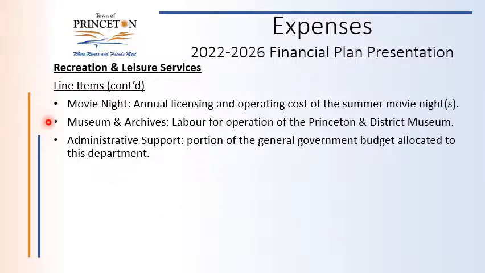We have now 4 line items in our recreational leisure services budget for perpetual grants for organizations that provide substantial benefit to the community. Those 4 line items are an operating grant for the Princeton Posse Junior B Club. There's an operating line item for the Princeton District Museum. There is a line item for the Princeton Community Arts Council. And there is also a line item for the Halloween Family Fun Night, including fireworks show.